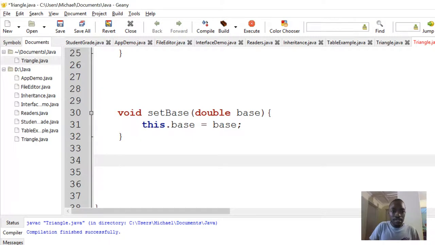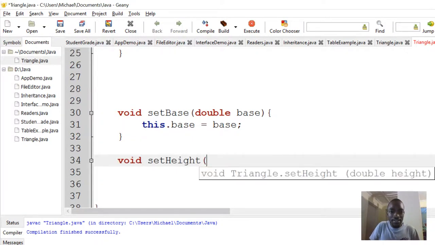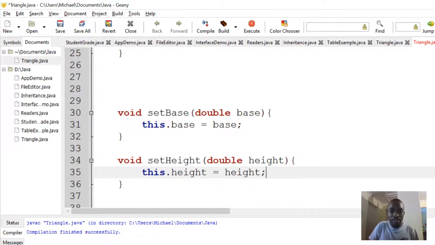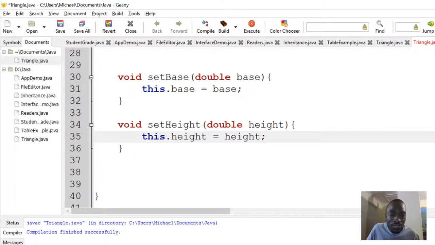So that is a setup for the base. So let's put a setup for the height, double height, this dot height is equal to height. Okay, so these are setters, and as you've seen, we're using them to set the value of our base and